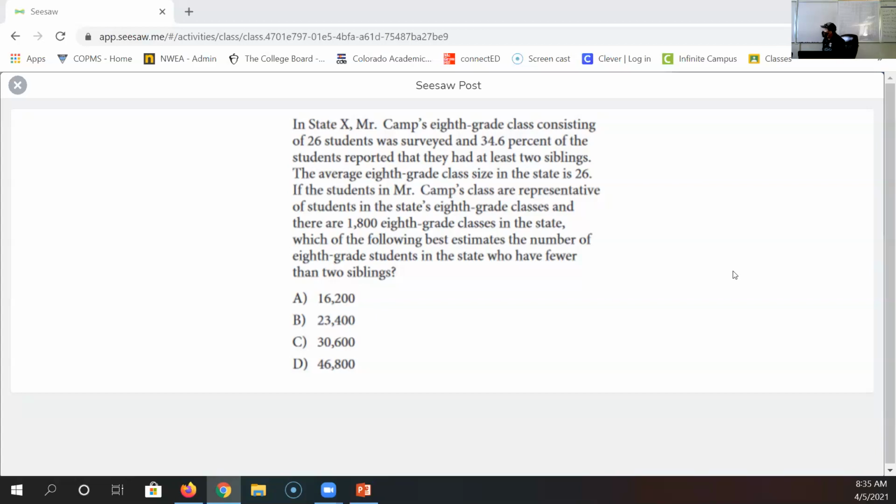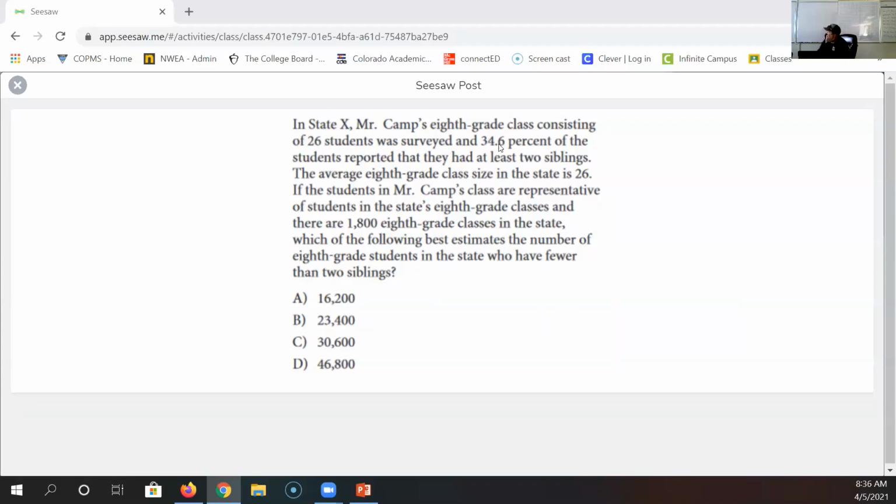It says, if the students in Mr. Camp's class are representative of the students in the state's eighth grade classes, and there are 1,800 eighth grade classes in the state, which of the following best estimates the number of eighth grade students in the state who have fewer than two siblings? So picking out the important stuff,